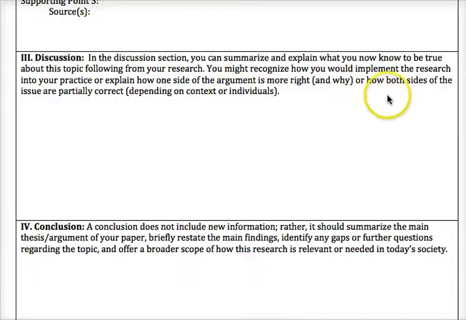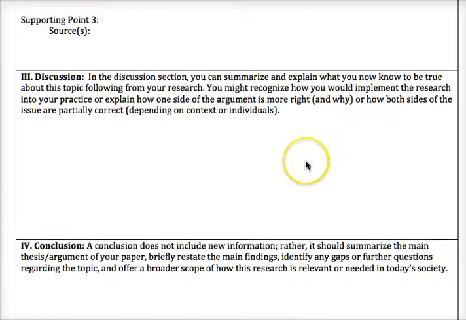So you can summarize and explain what you know to be true about this topic following from your research. You might recognize how you would implement the research into your practice, or explain how one side of the argument was more right and why, or how both sides of the issue are partially correct depending on specific context or individuals. So here you might say,